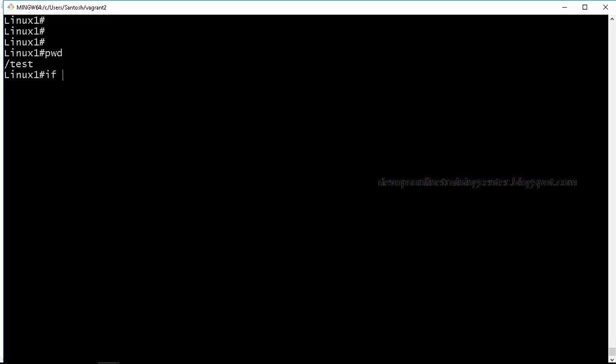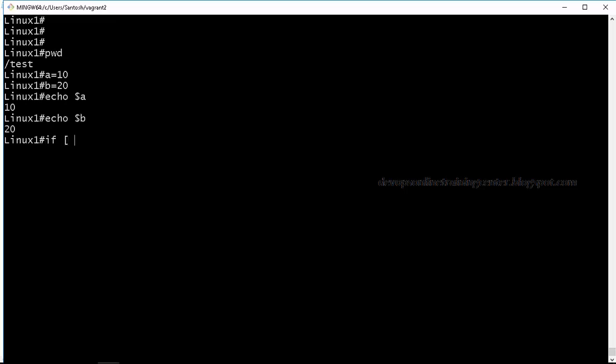Right. So you can also write a script on the command line itself, right? Let us say A is equal to 10. So you want to compare B is equal to 20. What is the value of A? 10. What is the value of B? 20.